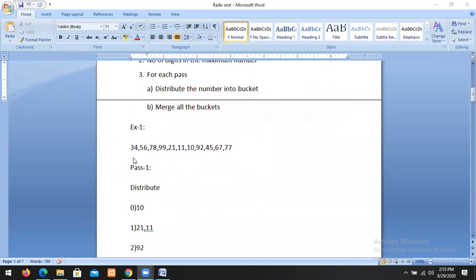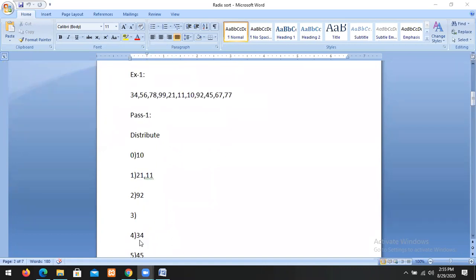In this example, the maximum number is 99. 99 has 2 digits, so it requires 2 passes. In the first pass, we extract the rightmost digit. The rightmost digit of 34 is 4, so we place the number in the 4th bucket.